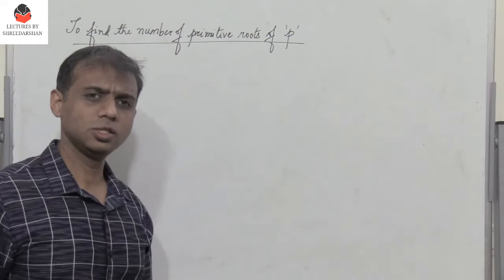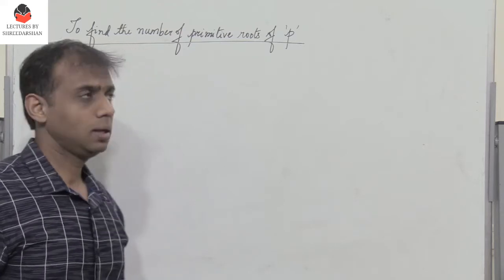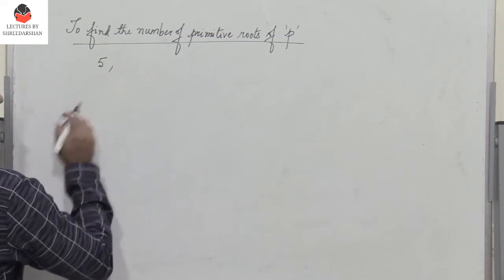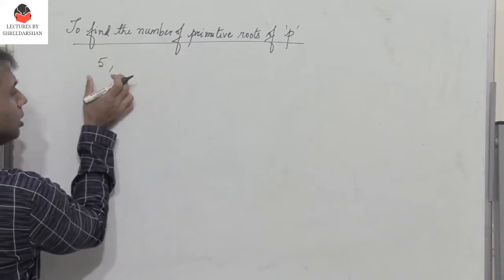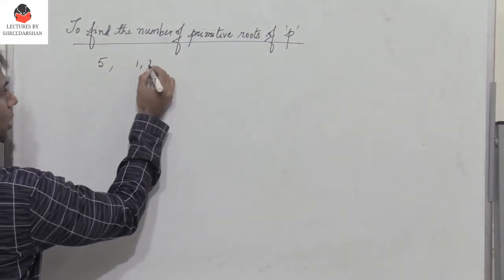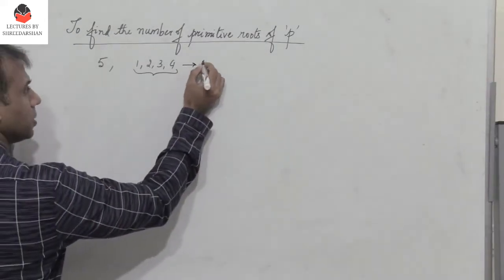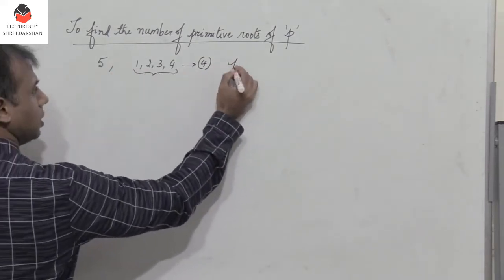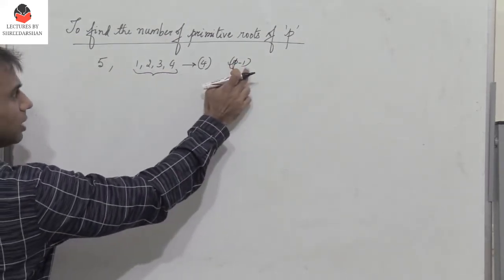In one of the previous lecture sessions, I have explained how to check whether a given number is a primitive root of p. Now if I consider a prime number, say 5, what are all the numbers which are relatively prime to 5? Definitely 5 minus 1. All the numbers from 1 to 5, isn't it? So 1, 2, 3, 4. So these are all the numbers which are relatively prime to 5. Okay, so there are 4 numbers which are relatively prime to 5, which is obtained by p minus 1. So the number of numbers which are relatively prime to a given prime number is p minus 1.